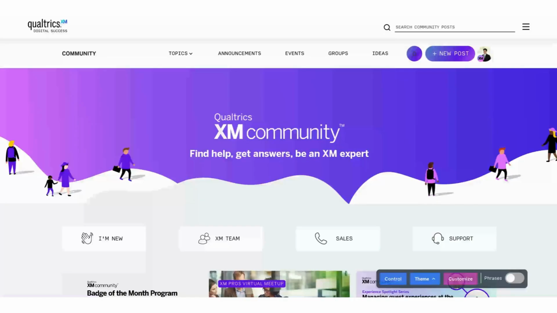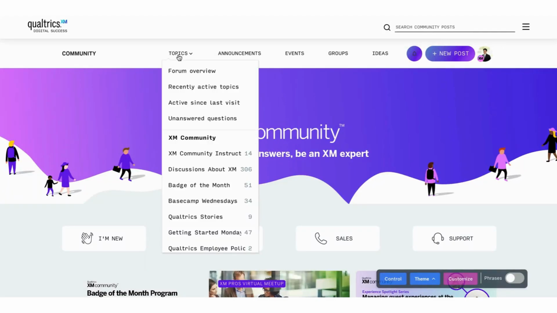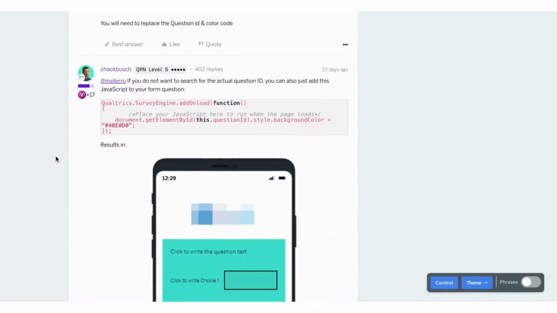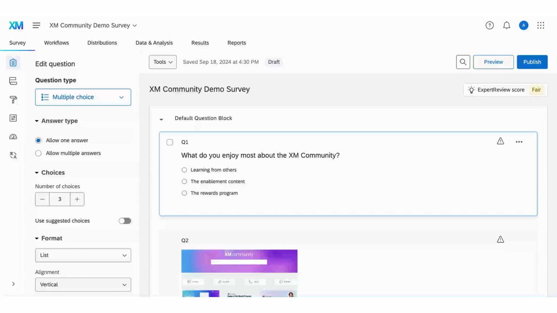Let's dive in. First, let's navigate to the custom code section in the XM community. Click on Topics and scroll down to Custom Code. Select from the thousands of topics. Once you've selected the relevant code for your survey, head over to your survey and navigate to the survey builder